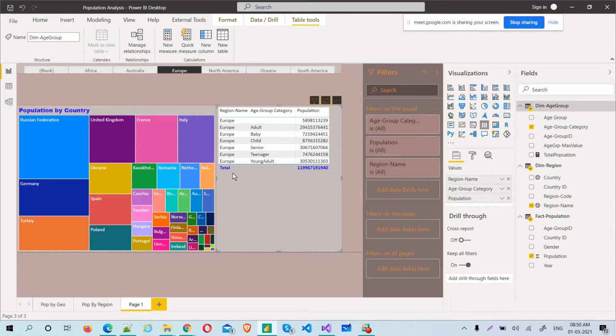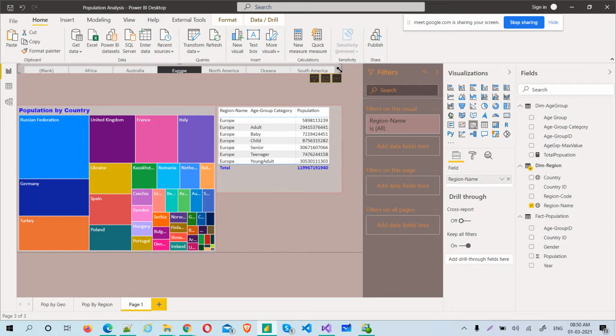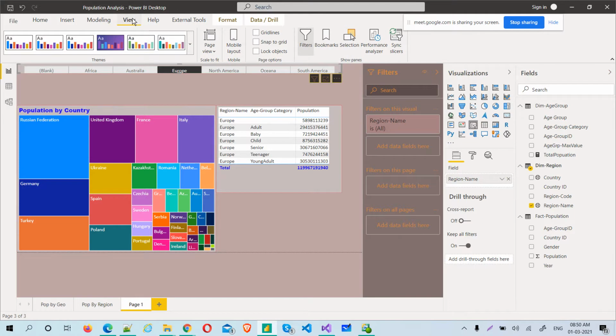See, the total color came up blue because it came through JSON. We can override it, we can change it from here also, but that's how it is. Okay, this is the table we have for now. And the beautiful thing is, if I select this and just go to sync slicer, where is that sync slicer? Yeah, in the View you see Sync slicers.